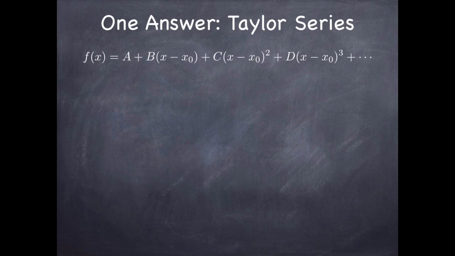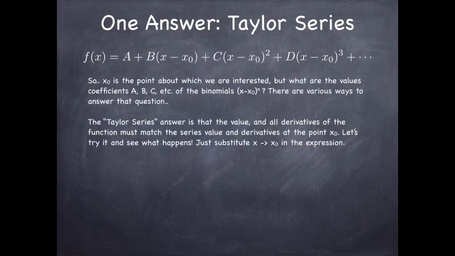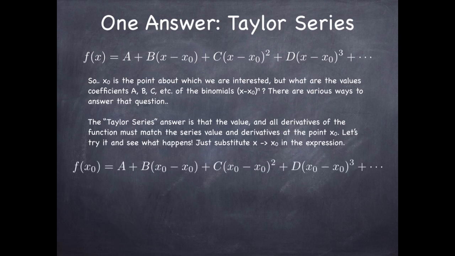So let's look at that. The question is, how do I find these coefficients A, B, C, D, and so on? Well, the answer that the Taylor series is based on is that the function itself has a value at the location of interest, and the value of the function has to equal the value of the series at that same location. But the interesting thing is, if you put in x equals x0 into this expression, notice that the B term and the C term and the D term and all the higher order terms all go away, because at the location of interest, x0 in this case,